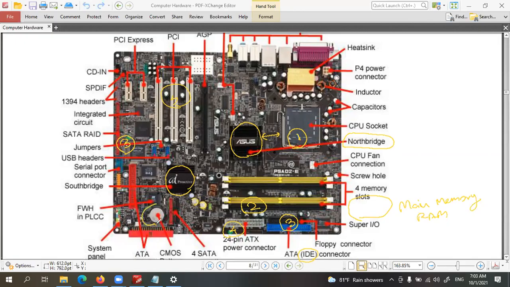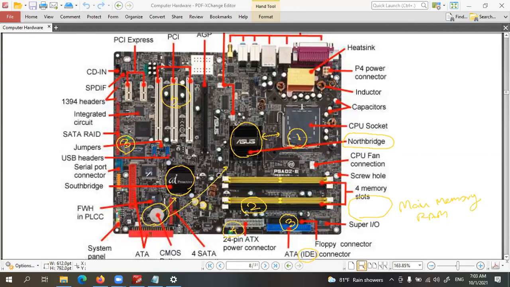Right. So these are called external ports to connect keyboard, mouse, printers, those external devices. And again, children, this is important. This is called the CMOS battery. So the CMOS battery supplies power to the motherboard.